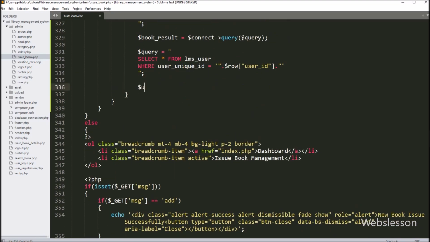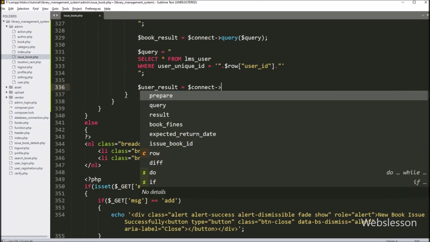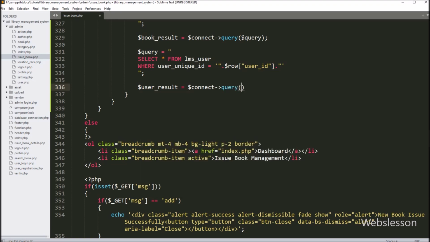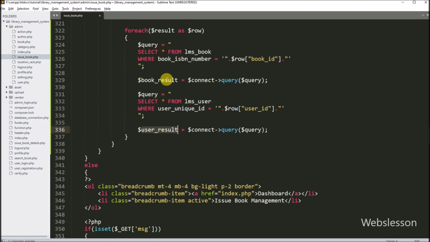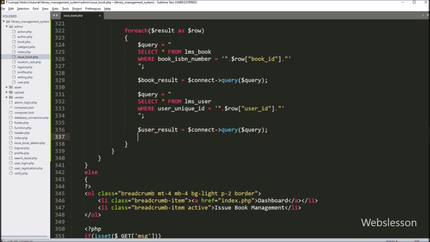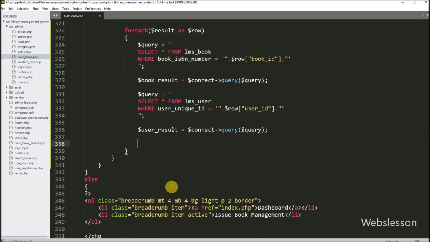Now we want to execute above query, so for this, here we have to write $user result variable is equal to $connect variable with query method, and under this method, we have to write $query variable. So this method will execute above query, and return query execution result in array format, which we have stored under this $user result variable. So here we have fetched and stored book data, and user data. Now for print data on the web page.